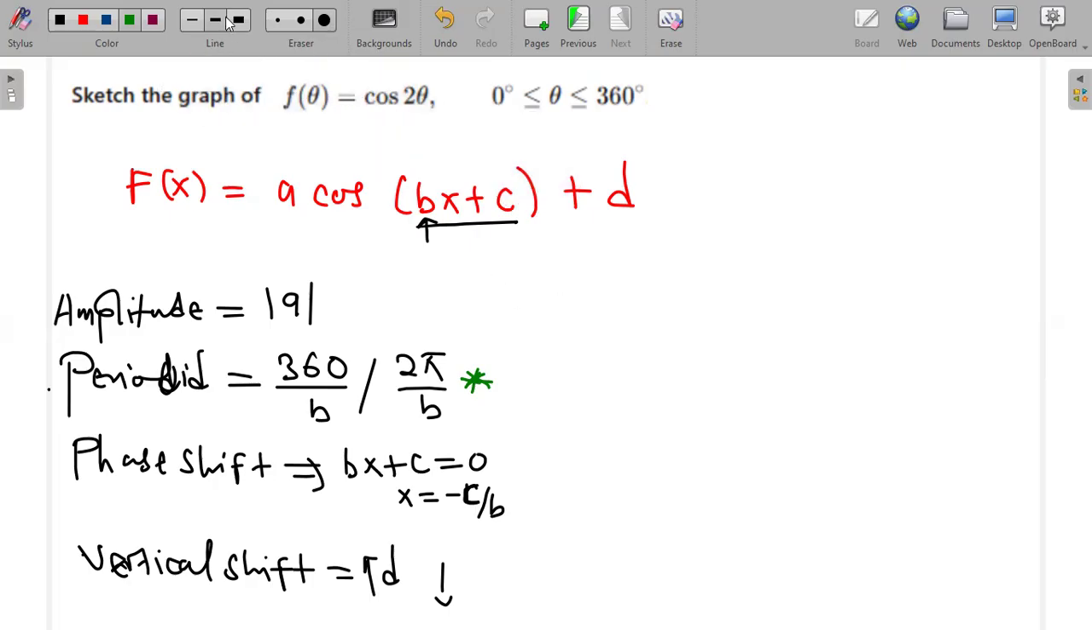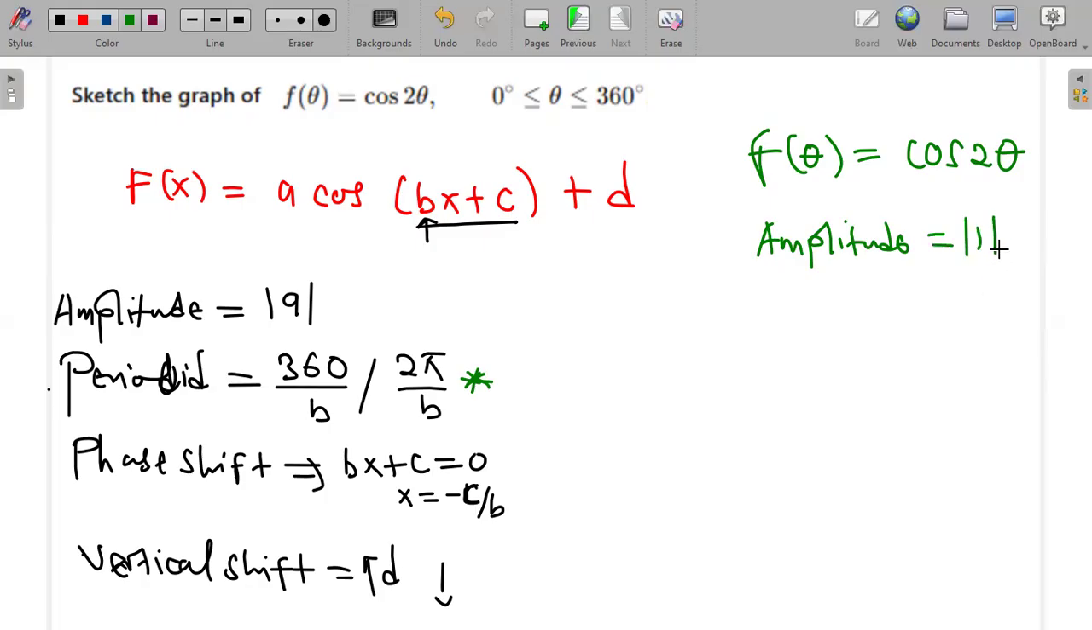Now if I get this guy that we have here, f of theta equals cos 2 theta. Amplitude, it will be what? What is the coefficient of this cos? There's just nothing here, so it is 1. So it will be the modulus of 1, which is just 1. The period will be equal to 360 degrees divided by b. B is the coefficient of x or whatever variable is there. In case this here is theta, what is in front of the theta is 2. So that gives me 180. So in 180, I should have a full cycle